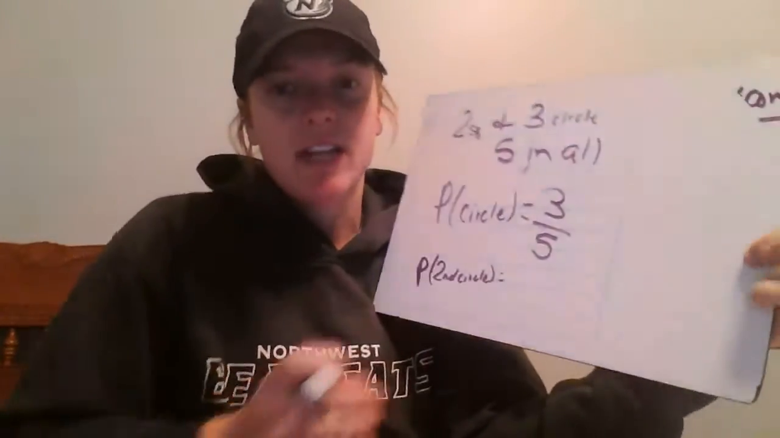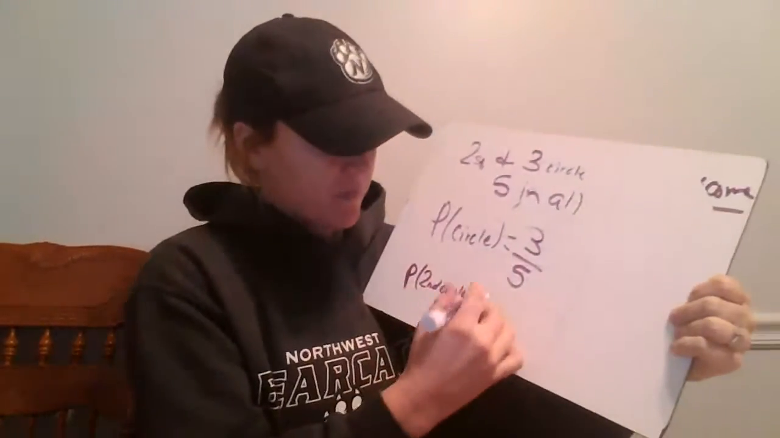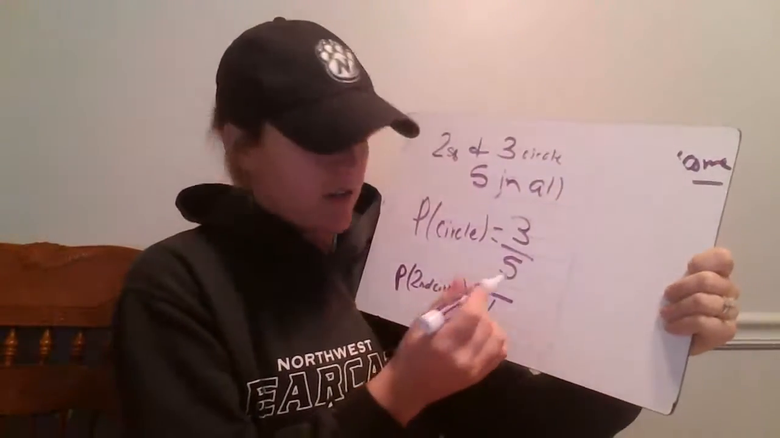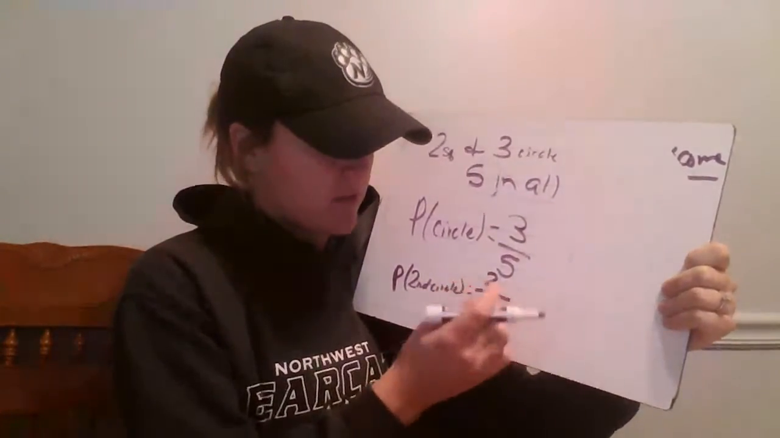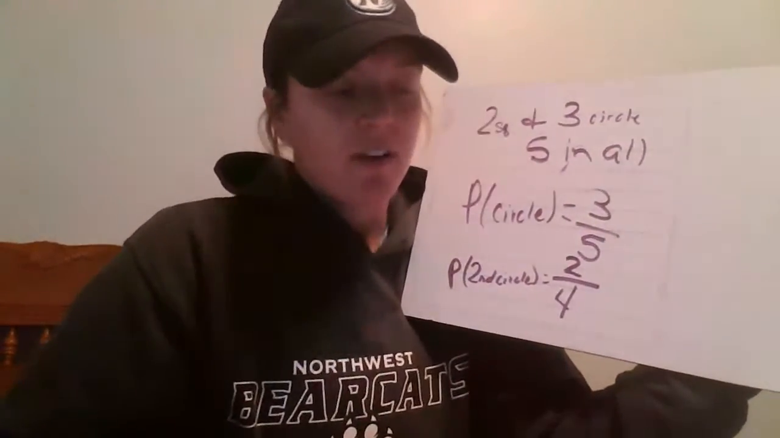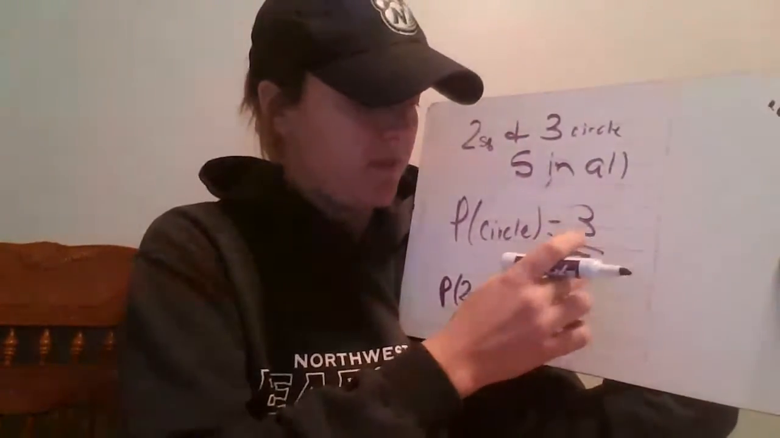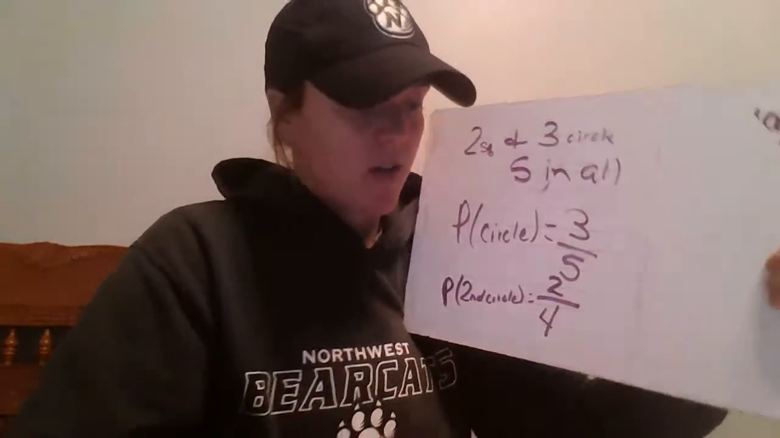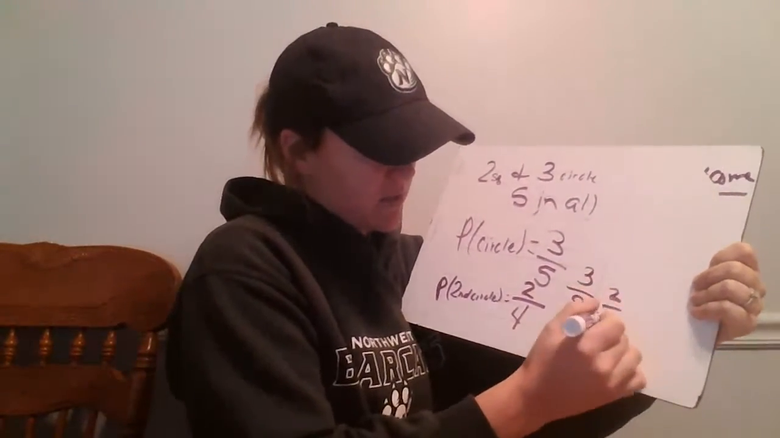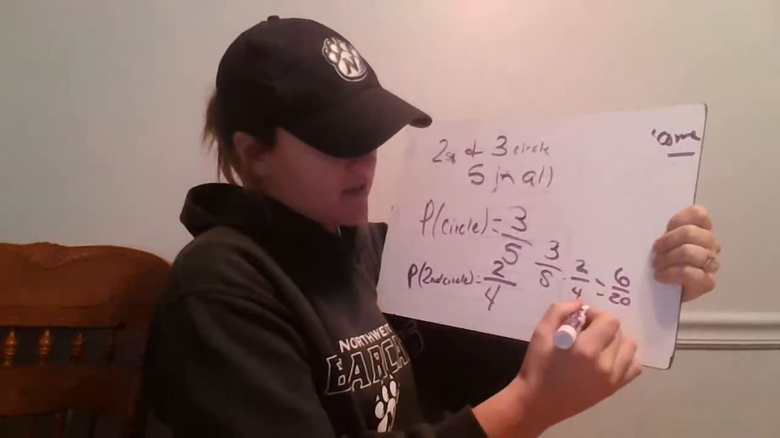So that means that we are down to 4 in all and we're down to 2 circles. So our bottom number, our outcomes, is going to be 4. And since there's only 2 circles left, we're going to put 2 over 4. Now, to figure out the probability of each, we need to multiply 3/5 times 2/4. So we're going to take 3/5 times 2/4 to get 6 over 20, which reduces down to